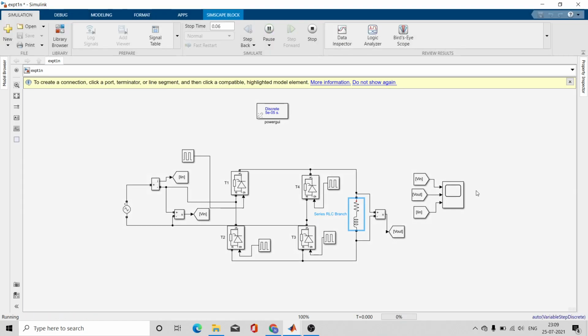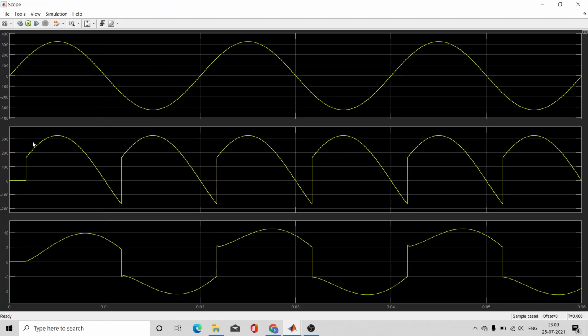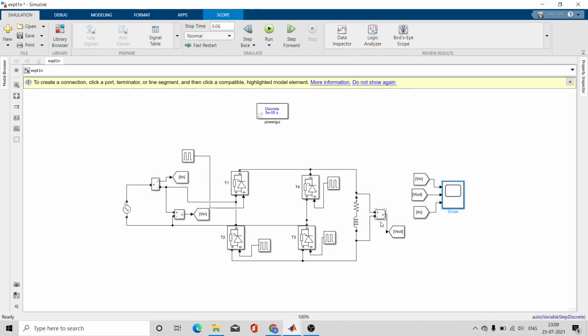Let me run it again. Yeah, so we are getting output like this, and you can see that this is the input current.